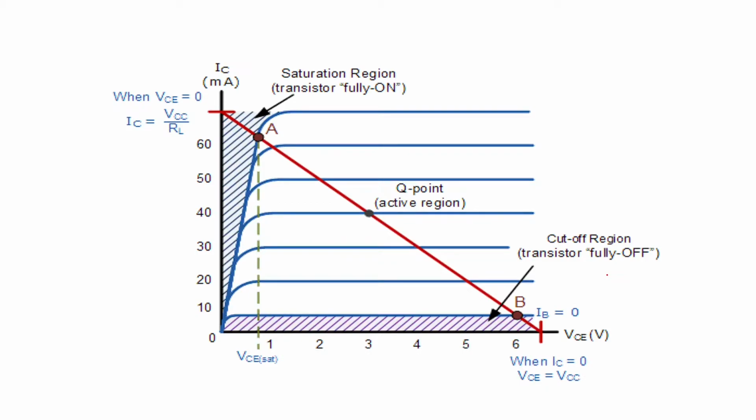So to study the operation modes of BJT, the best thing is to look at the output characteristics of BJT in whichever configuration it is. Now mostly we see it in common emitter configuration. So here, if you draw the output characteristics graph, it will be a graph between the voltage between collector and emitter, which is named as VCE on the x-axis, and y-axis representing the output current, that is collector current IC in milliampere.